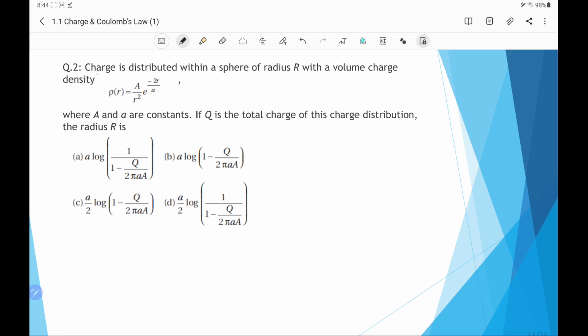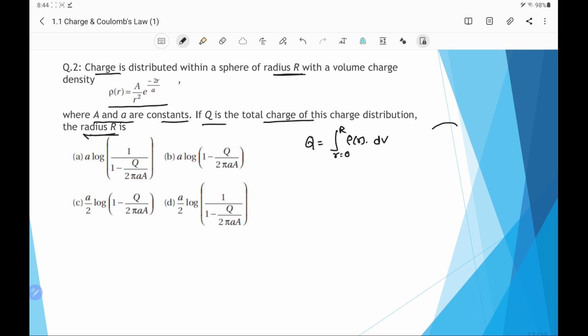Next question is, charge is distributed within a sphere of radius R with a volume charge density rho r, where A and small a are constants. Q is the total charge in this charge distribution. The radius R is? We have to find the R. Charge Q will be equal to the integral of charge density, that is rho r, into volume, that is dV, the elementary volume. This will give the total charge in the distribution, and here r will be taken from 0 to capital